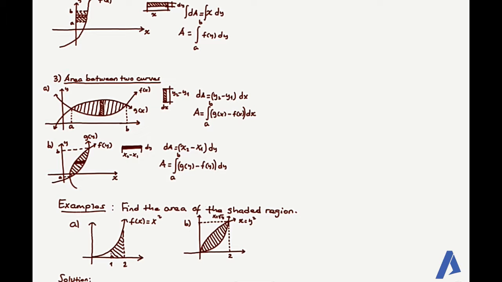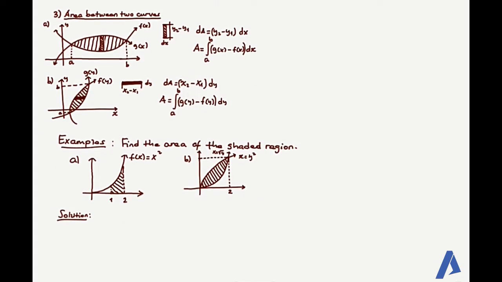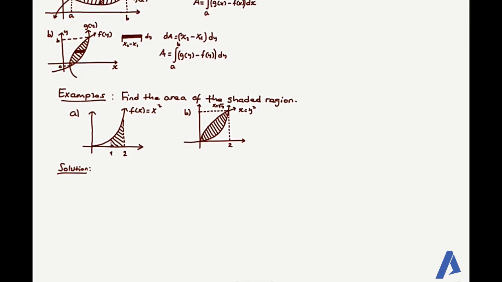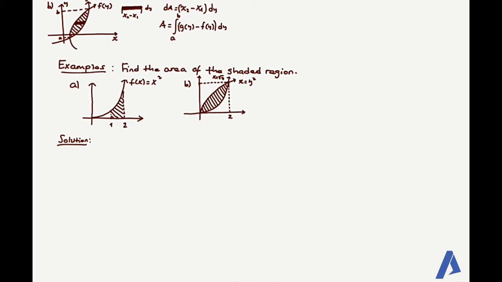With respect to y, the same way horizontal strip ወስደን the base becomes x2 minus x1 which is the function of the first curve minus the second curve. ከዛ ኤሪያውን ኢንተግሬት በማድረግ with respect to y ማግኘት እንችላለን ማለት ነው። ስለዚህ to clarify ለማድረግ እነዚህን ሁለት ኤግዛምፕሎች